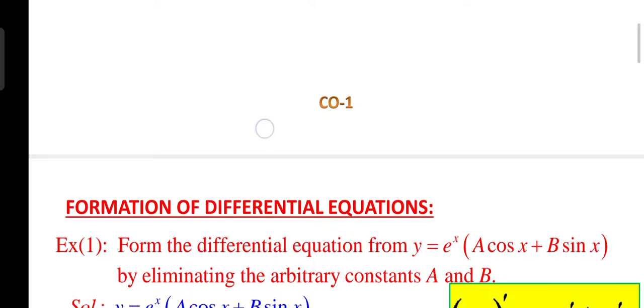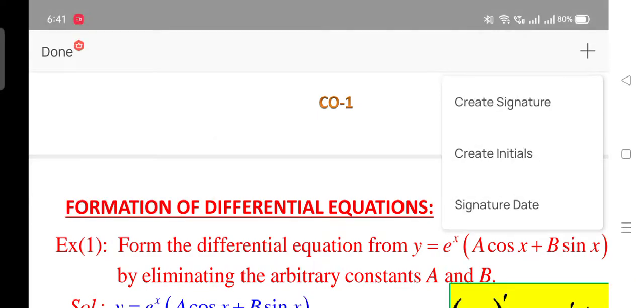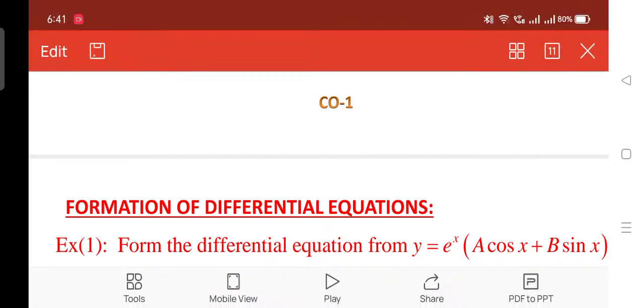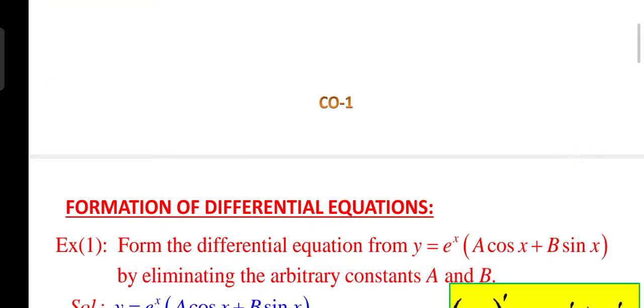How to form a differential equation depends on how many arbitrary constants the solution consists of. Okay, students. So, for example,